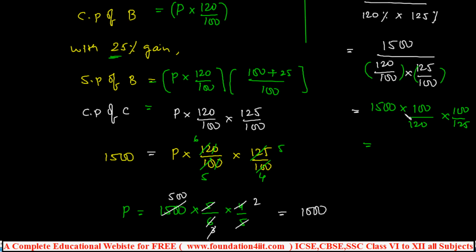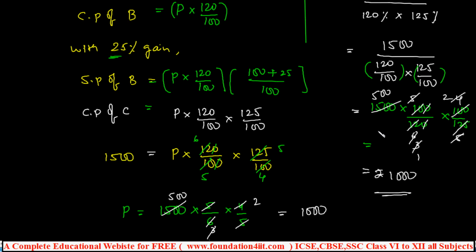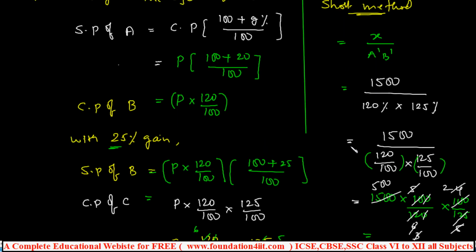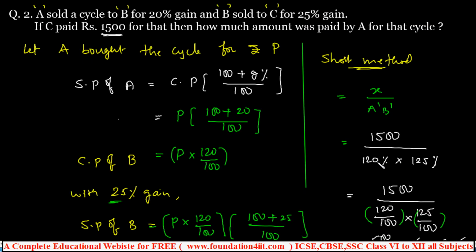Okay, you can cancel 125 and 0, 0, same, 10, 12, 5, 6, 4, 5, 25 table. Again 5, 5 cancel, same, 2, 3. 3 ones are 3, 5s are 15, 500 into 2 is rupees 1000, right? This is a step, because while increasing, in case they sold for loss, we'll take minus.